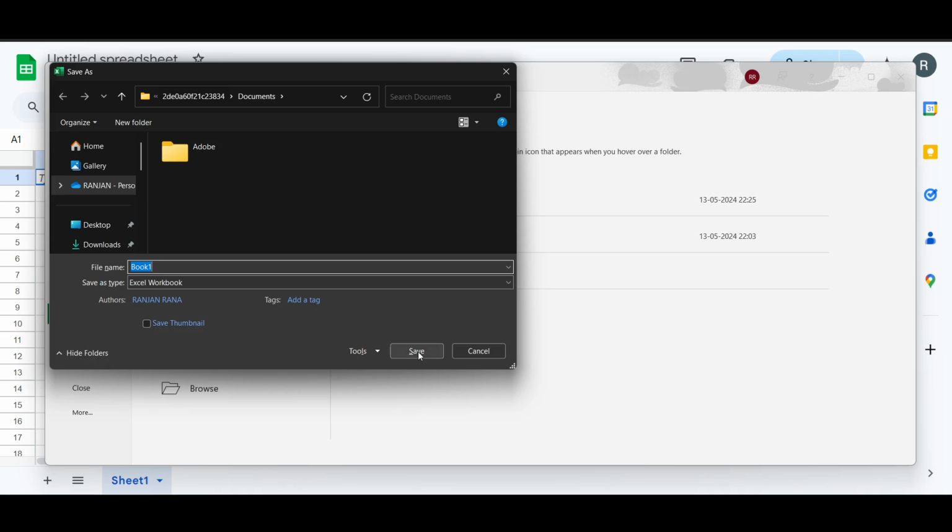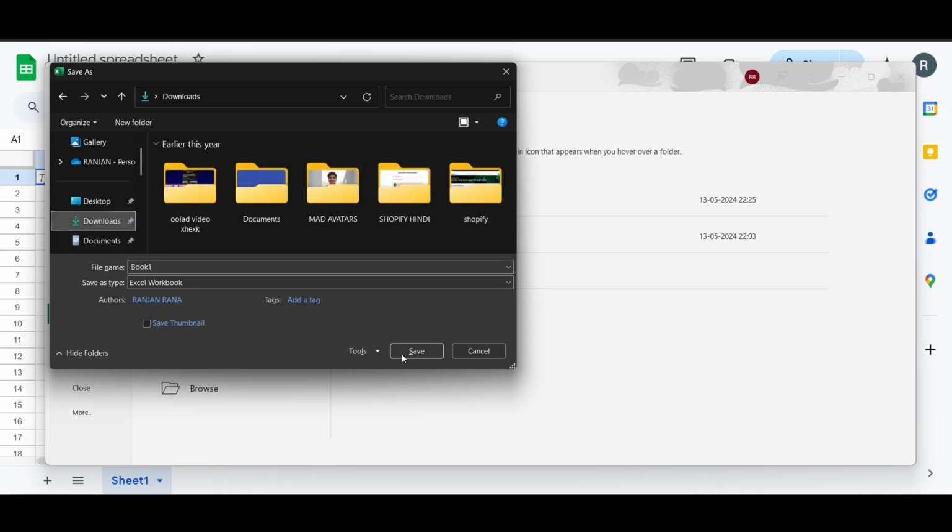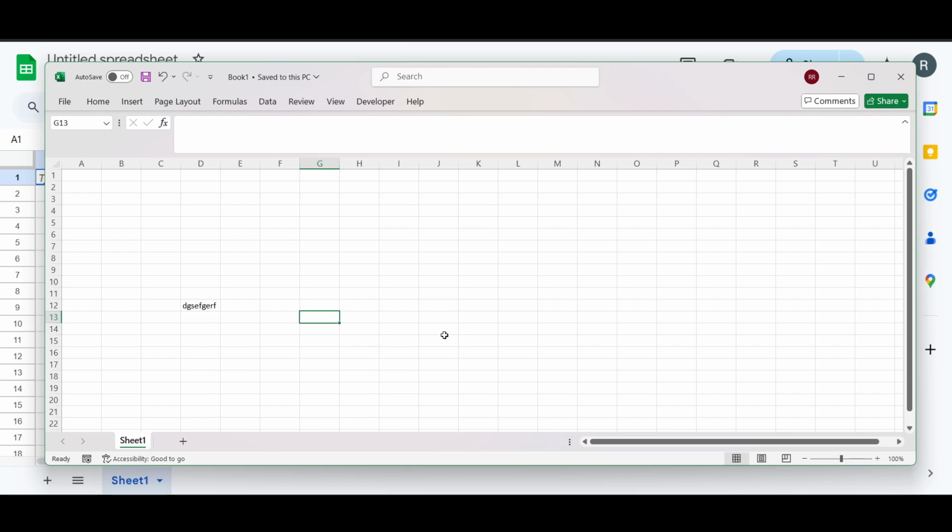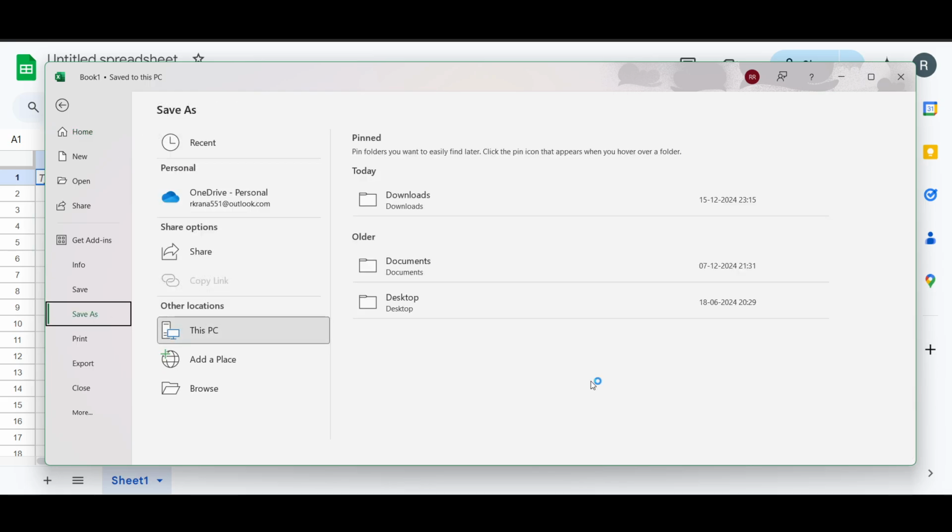I will name it Book1, and let me save it in the downloads, and just click on OK. Now here, choose a location, which we have already done. Now select CSV format. Whenever you go to the save as option here,